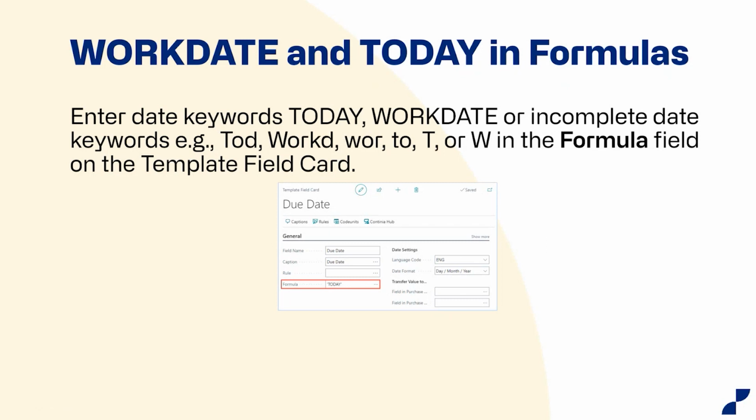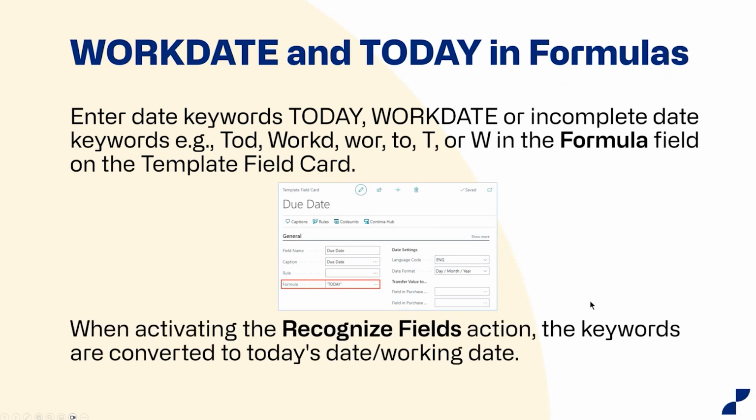And of course, we support different languages. So if it's in Denmark, it will be other keywords. In Germany, again, those specific ones for Germany. And well, this is nothing new in BC Central, but the cool thing is here that when you add a today keyword in a formula field on a template field card, you would get today's date or working date